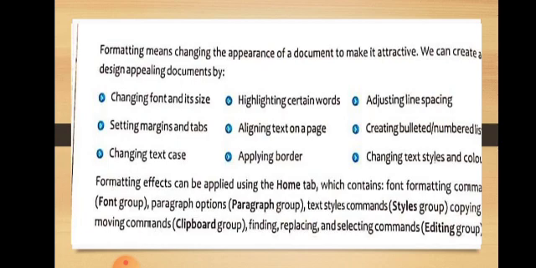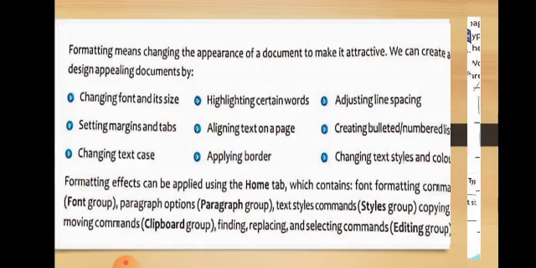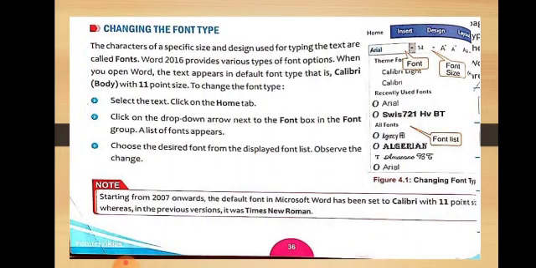Now that we have learned the introduction, how to do formatting and so on, we will learn how to change the font type. So, the characters with specific size and designs that are used for typing the documents are called fonts.